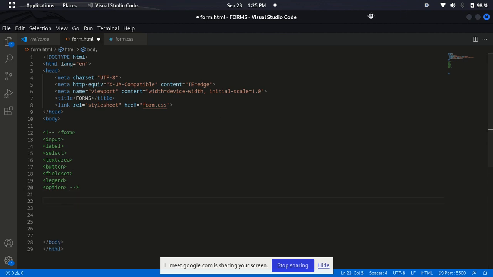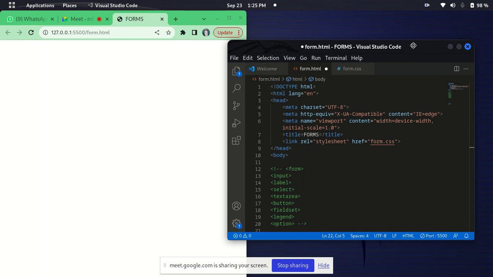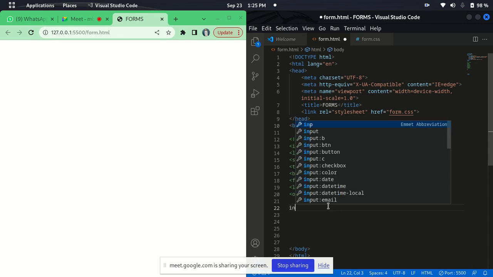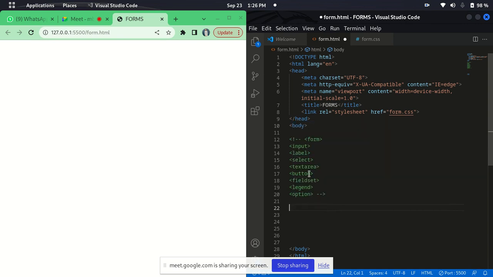This is open in Live Server. Okay, this is it. So the first element we are going to be looking at is the input, or let's look at label. We are dealing with this now. So, well, first of all,